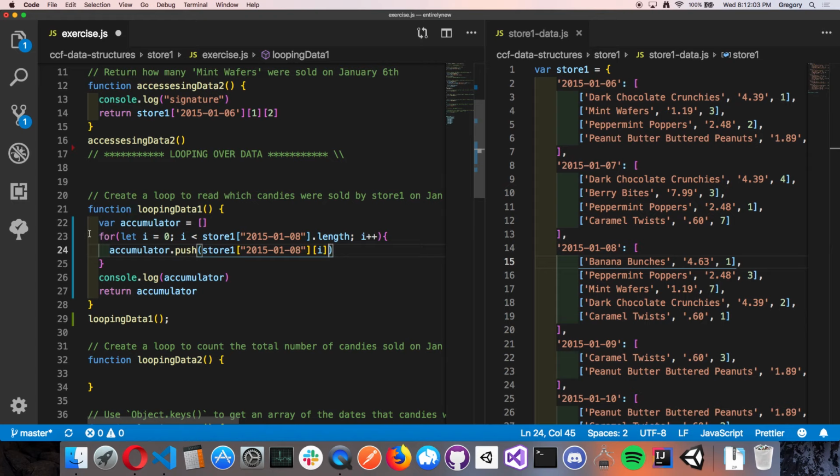And so just like in a typical for loop fashion, we're going to keep I 0. We're going to grab store at January with 0. So what's 0? 0 is banana bunches 4.631. Now we're going to finish the loop. We're going to come back up. I is incremented, so now I is equal to 1. So when we run this function again, what is store at blah, blah, blah, 1? Well, it's peppermint poppers. So we're iterating over the correct data,